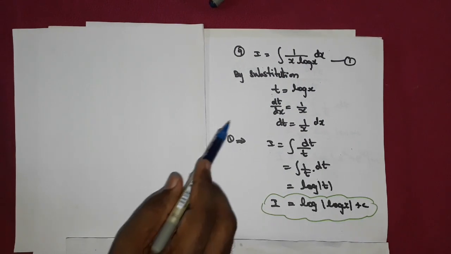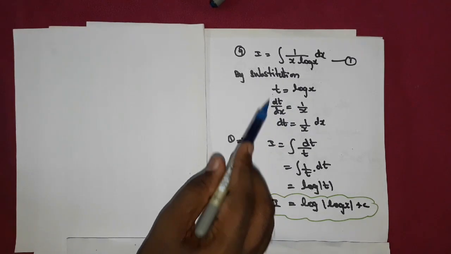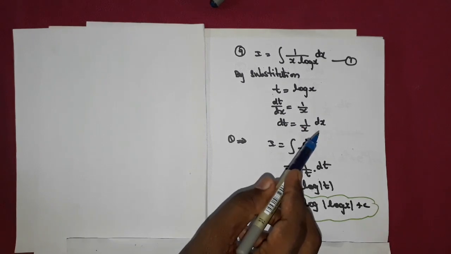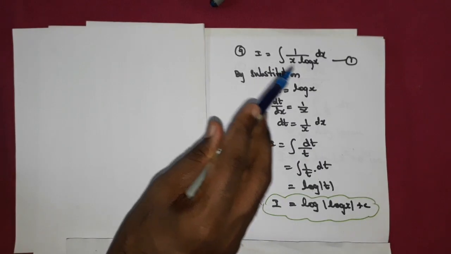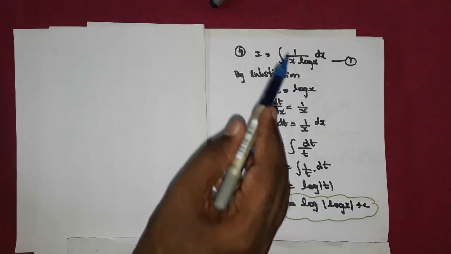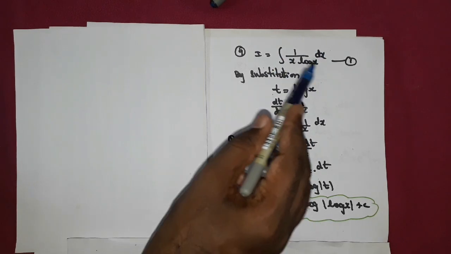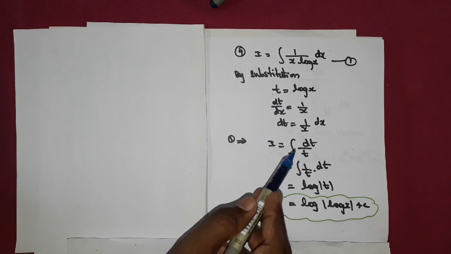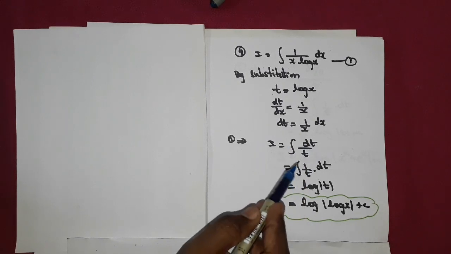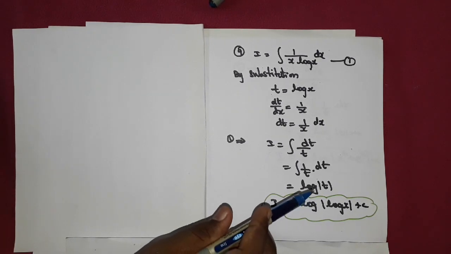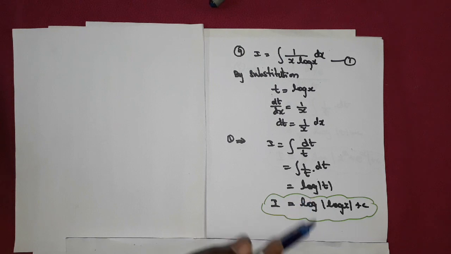Right. So here log x, you name it as t. So dt by dx equal to 1 by x. Take dx to the other side. So dt equal to 1 by x into dx. So in the question, instead of log x we can put t. So t here in the denominator. 1 by x into dx together you have to take it as dt. So dt here. So you will be having dt by t. Right. So dt you keep it away. So integral 1 by t into dt. 1 by t when you integrate you get log t. So t is nothing but log x. So log of modulus log x plus c.